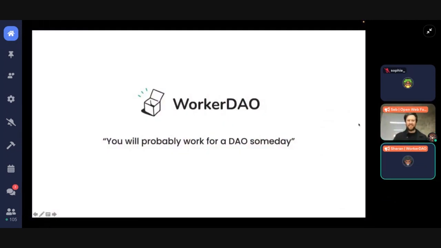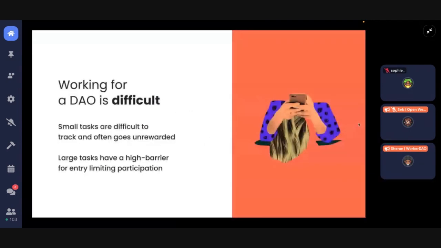Thank you. So hi, everyone. I'm Sharon, and I'm super excited to be presenting WorkerDAO, a protocol for collaborative work. I've done some work in open source before, so I have some experience in internet scale collaboration. And I also drive technology as group CTO for a company that recently went public at over $1 billion. So I also have some tech experience. Okay, so let's get started.